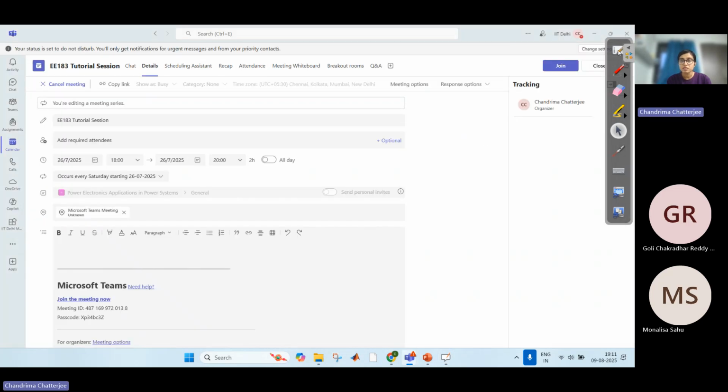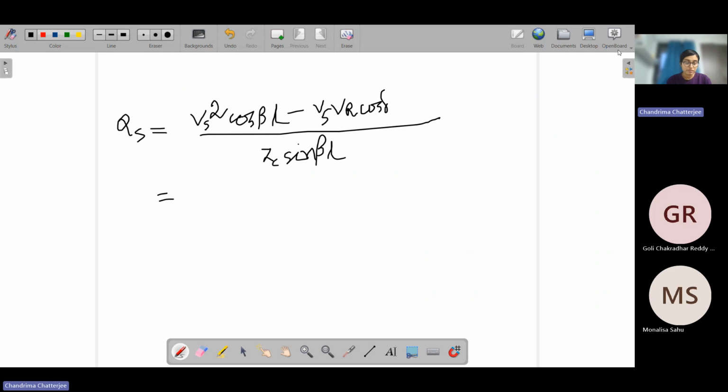So cos 45 into 400 squared divided by ZC 257 into sine. So QS is coming minus 89.58